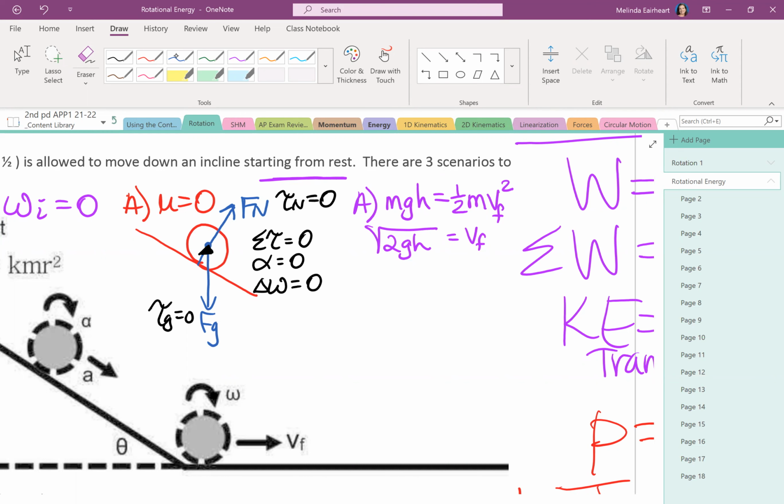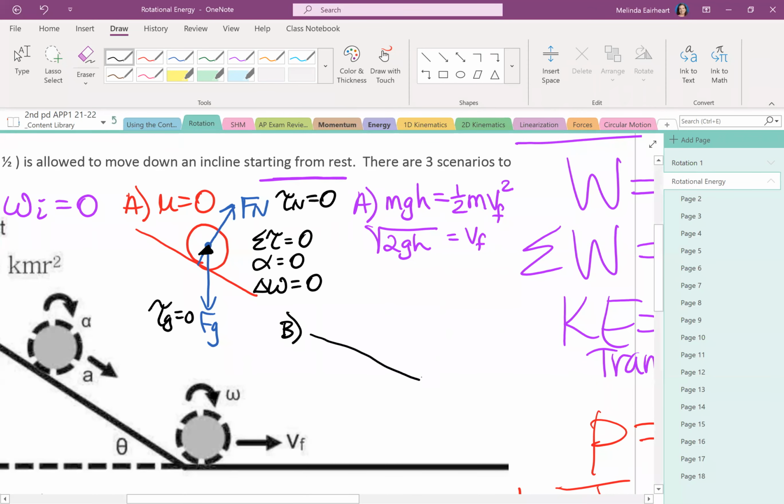Let's try scenario B. Now I wish I'd put them all in the same color. So ignore any color coordination. I apologize. Now I want to record again and color coordinate better. Anyway, B,